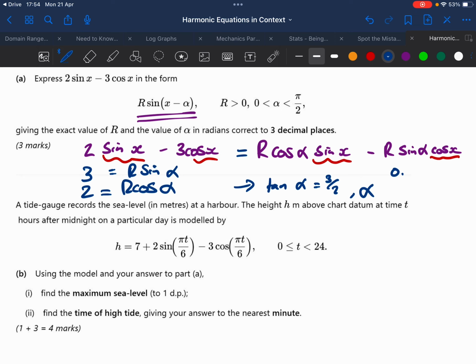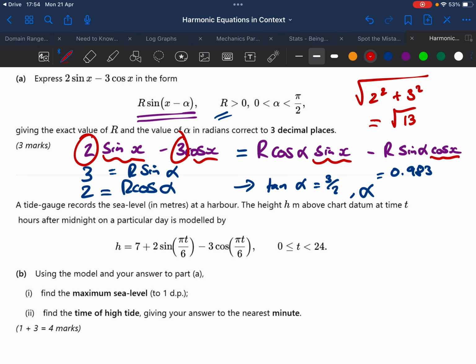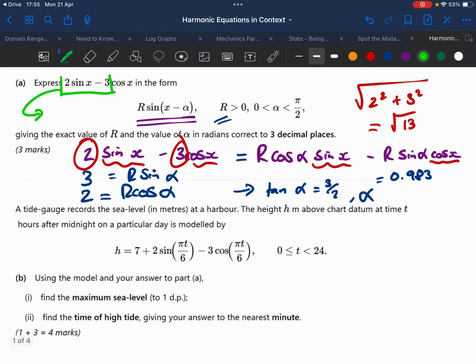I get 0.983. And how do we do the r? Well, the easiest way in general, and you don't need to justify this with anything, is you just do Pythagoras with these numbers here. So this is just 2 squared plus 3 squared, and for your r value on this one, you will get root 13. So now that we know, and this is kind of the key bit of this video, that this is equivalent to root 13 sine of x minus 0.983,